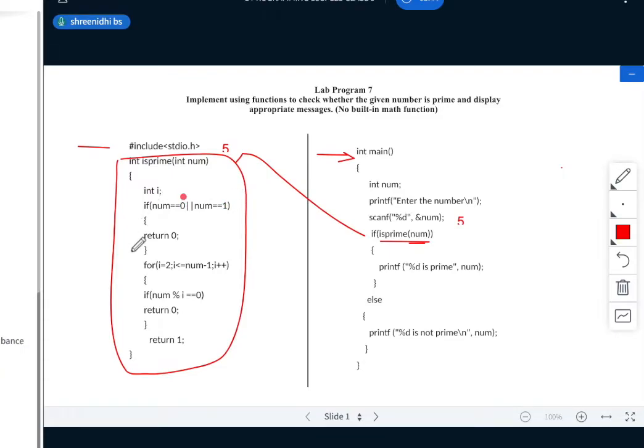False means you will go to the for loop. Why I am starting with i = 2 is because 0 and 1 are neither prime nor composite numbers. So I'll check this condition. I'll begin i = 2, so it will be 2 <= num - 1. What is num - 1? Num - 1 is 4. So whether this condition is true now, this condition is true now. See here. Now your i is equal to 2.